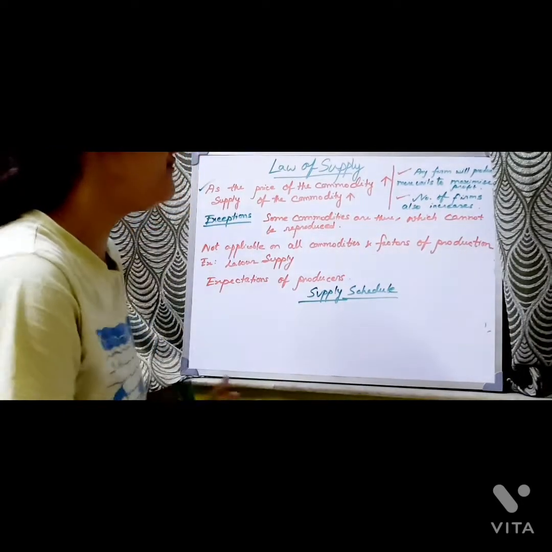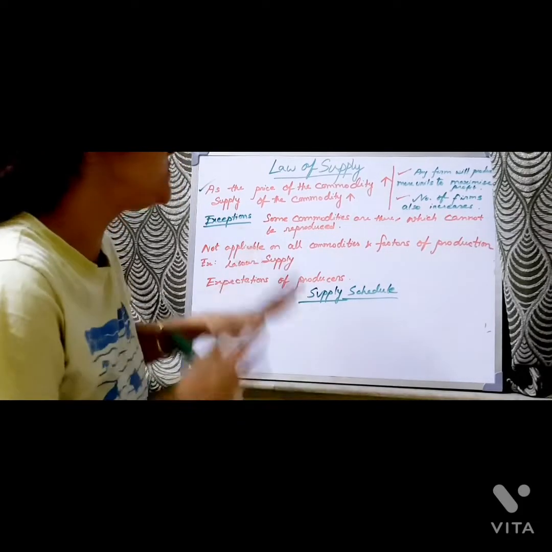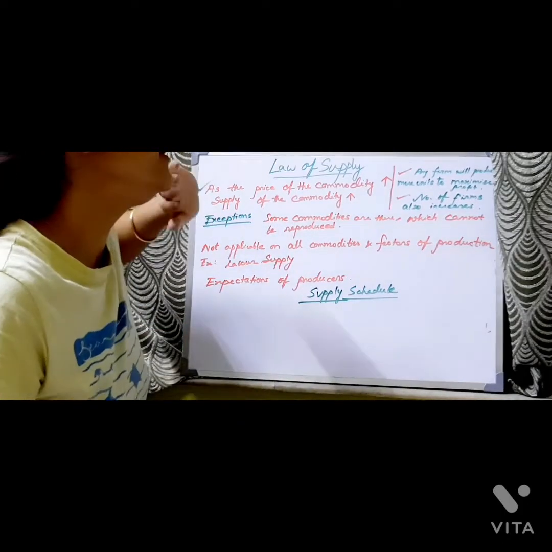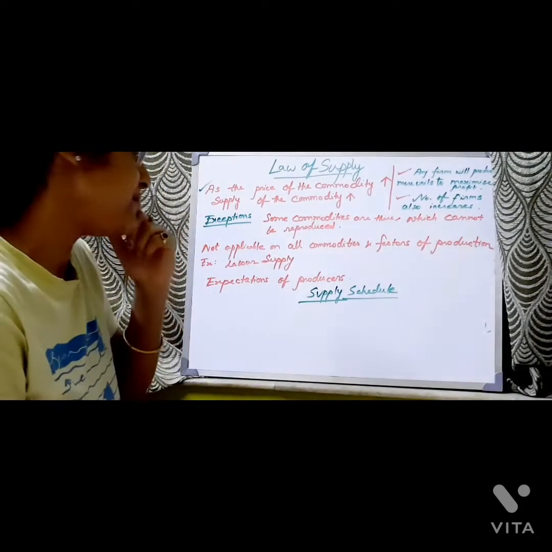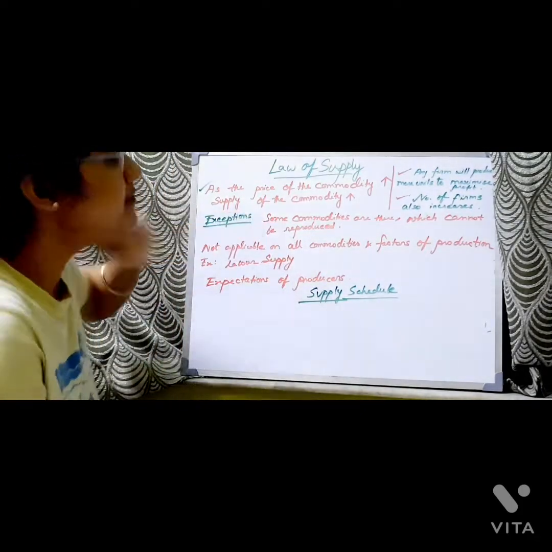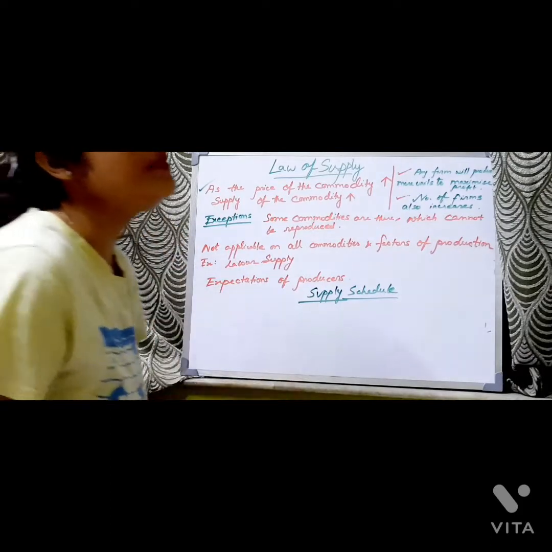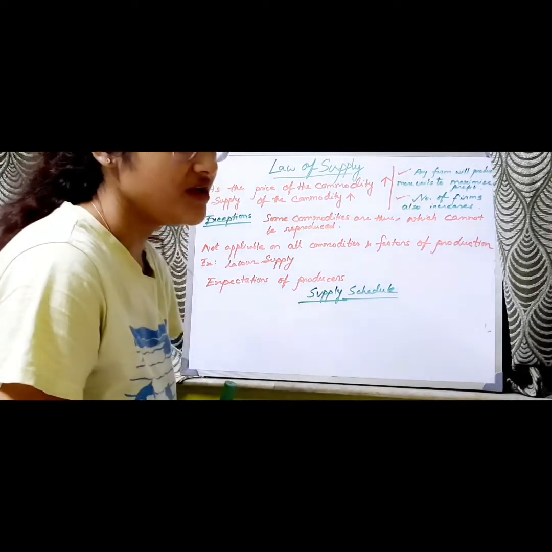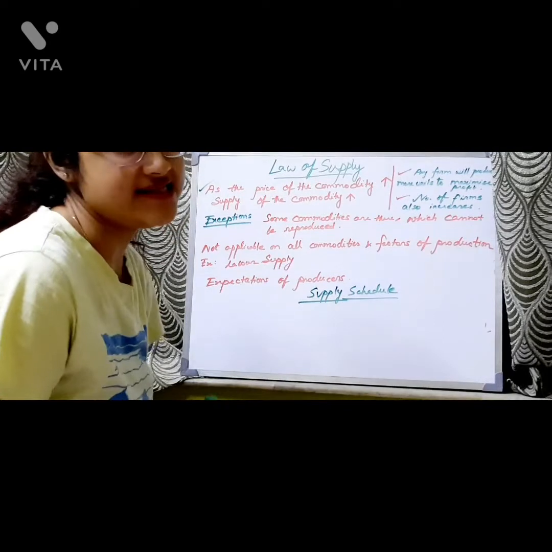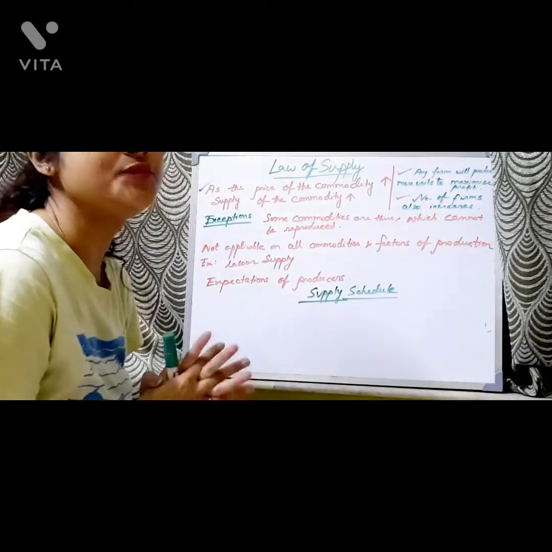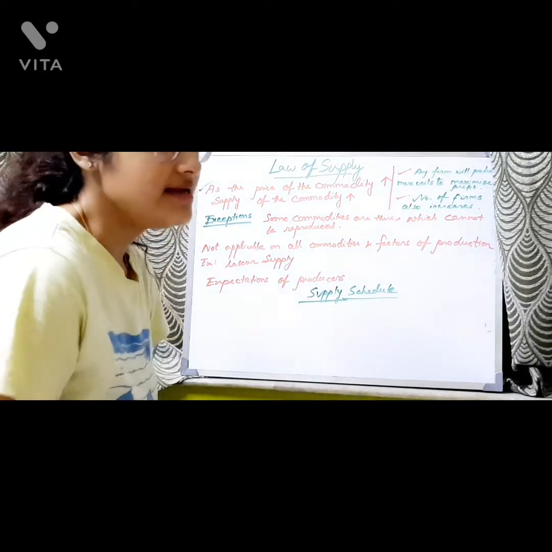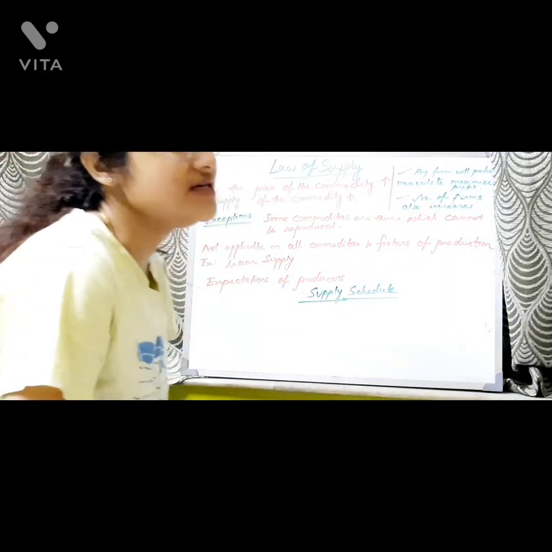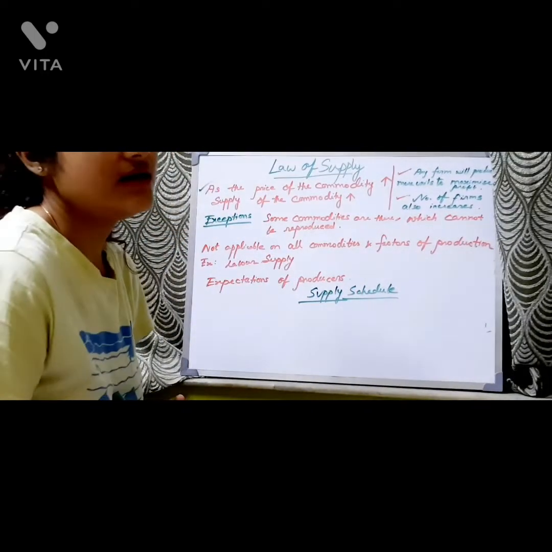So the number of farms also increases, and that is why the supply of the commodity also increased. There are certain exceptions, like some commodities which cannot be reproduced. Even if the price increases, we cannot produce more of that commodity. Suppose in the case of certain drugs,